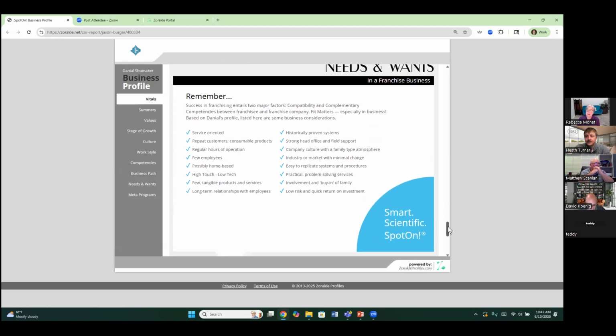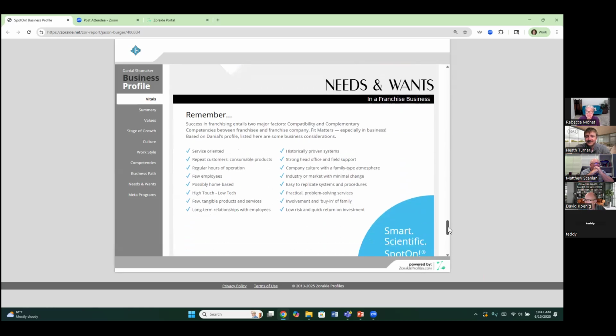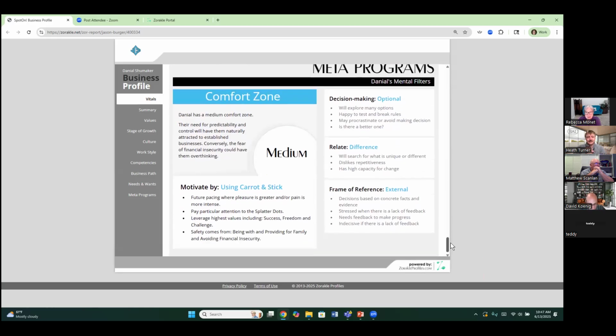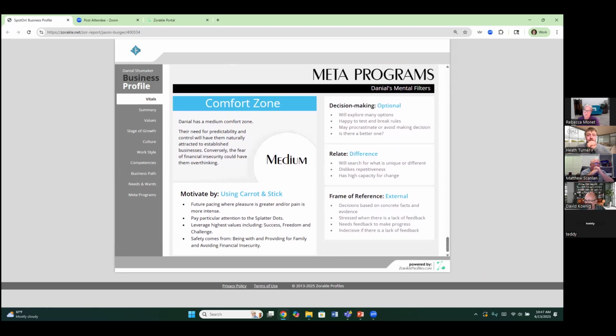It's in checklists, but where everything else is kind of sexy, this is kind of plain. Let's look at the meta programs, which are super, super powerful. So, as we expected, his comfort zone is medium. Even though he's a pretty fast decision maker for a belonger, he is not in that large or extra large category. He's a medium comfort zone, meaning surrounding that comfort zone is what I call a wall of fear,